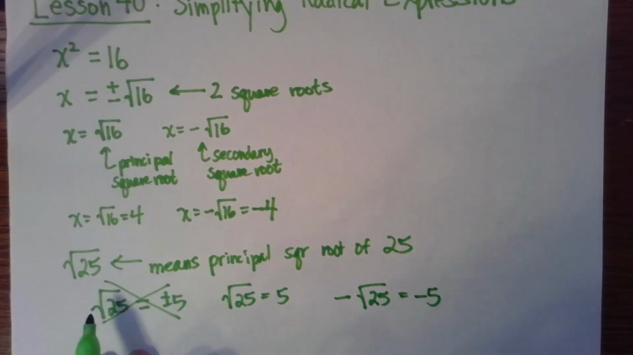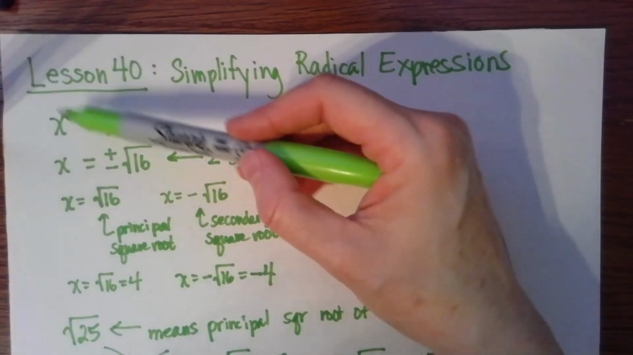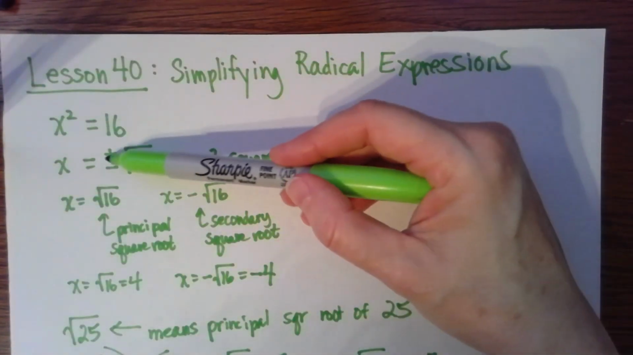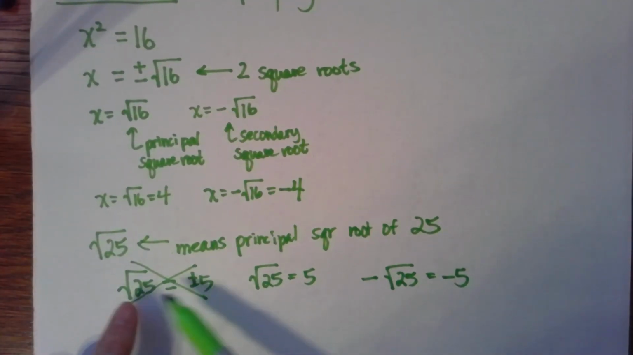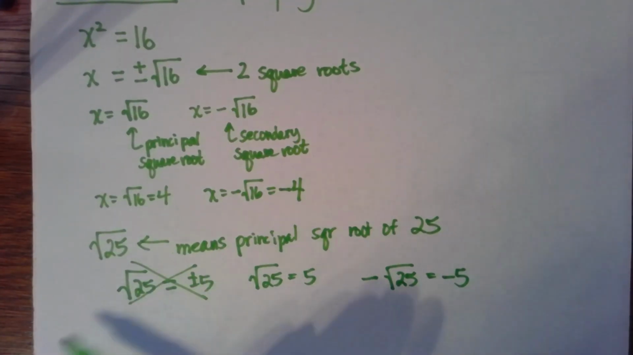Okay. So don't confuse solving an equation, where you know that there are two roots, so you write both of them, with thinking that if I have the square root of 25, you're going to say plus or minus 25. That's an abuse of notation, and that's not how it should be written. Okay, so now that we know that,